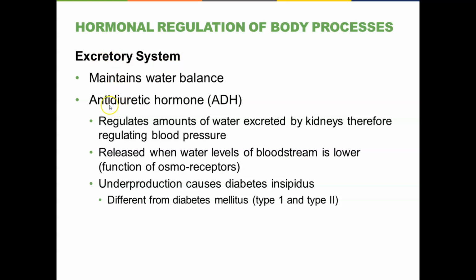And we have a hormone called antidiuretic hormone right here, ADH, right? So it is distributed through the circulatory system, and it has an effect on the kidneys themselves by regulating the uptake of water from urine. So if there's a lot of antidiuretic hormone being released into the blood, and that's typically released when blood pressure goes down, we will retain more water from our urine and produce very, very concentrated urine. Thus, we're keeping water back in the body, and that water can contribute to raising blood pressure.